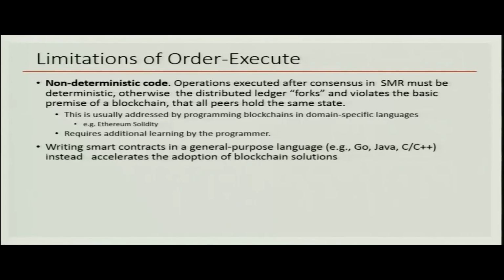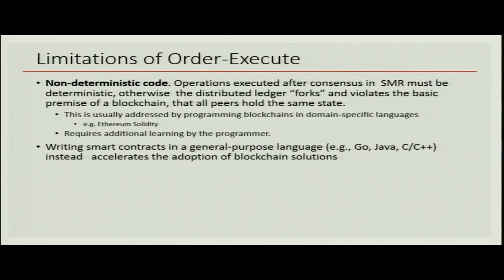For example, if you call a random function twice in two different nodes, it will give you different results. So, therefore, if you want the blockchain not to get forked because the result of a transaction is different in one block and different in another block, then you must make sure that your smart contracts